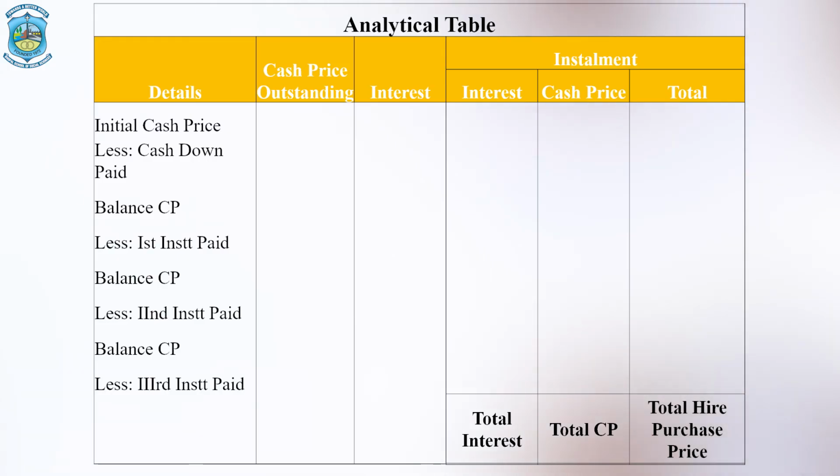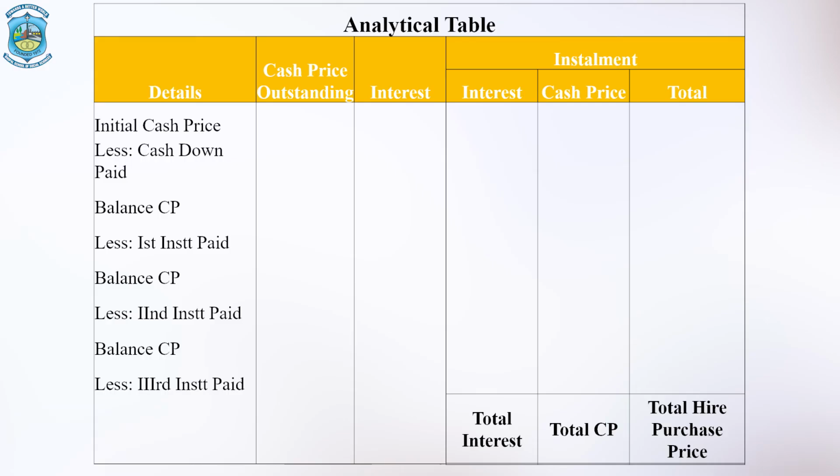Alright. So, now the next column is a consolidated column, that is of installment, which is divided in 3 parts. Out of these 3 parts, 2 are cash price and interest, and the last part is the total amount of each installment. Now, remember, if you make an aggregate of each installment, you will get the hire purchase price. Why? Because each installment contains the cash price as well as interest, which are given in the 2 just adjacent previous columns, the cash price column and the interest column.